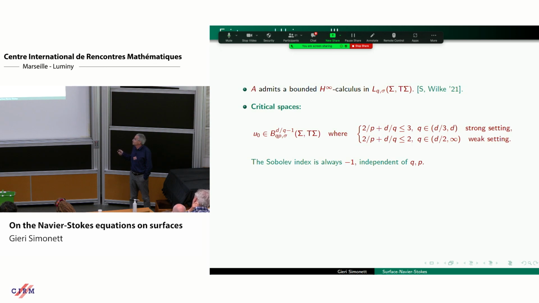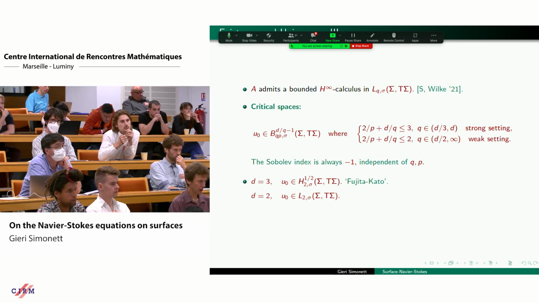And if you are on a two-dimensional surface, you have a 2 here, you take q to be 2, and you can match this inequality here. Let's see what comes out. So if you are on a three-dimensional surface and you choose p and q to be simultaneously 2,